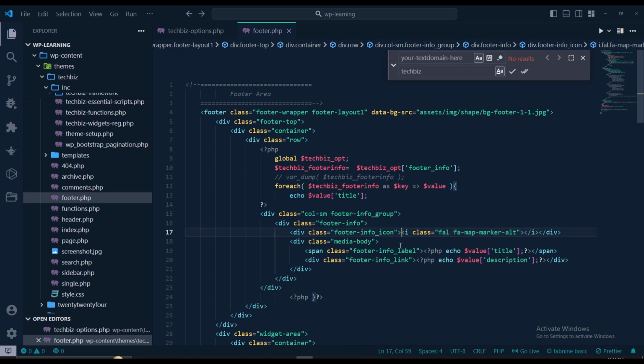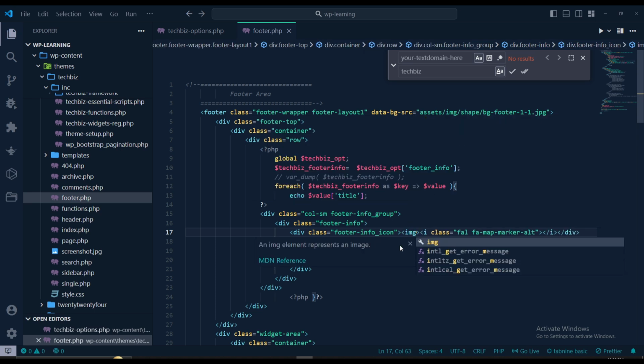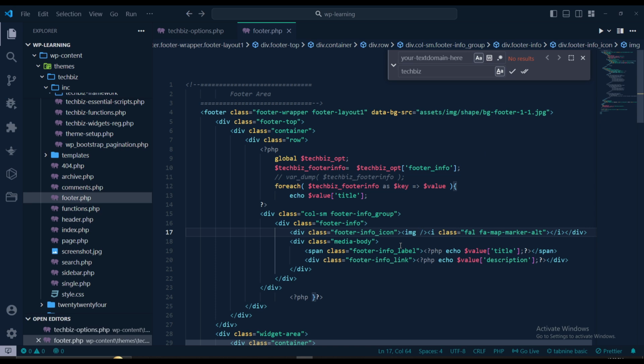So I will replace this here with an img tag, img src equals, then I just need to remove this I variable from here, and the src will be, if I copy it and paste, I need to write the PHP value, so copy it and paste it here,